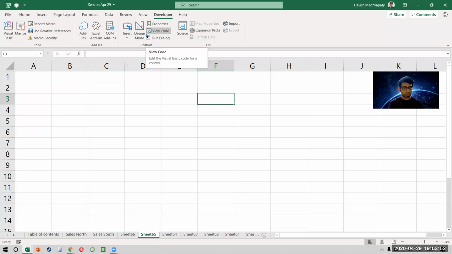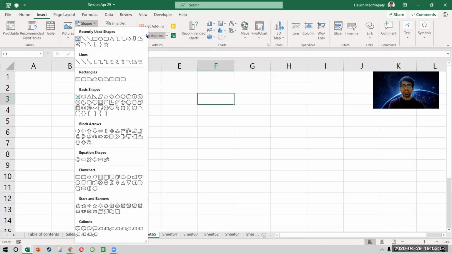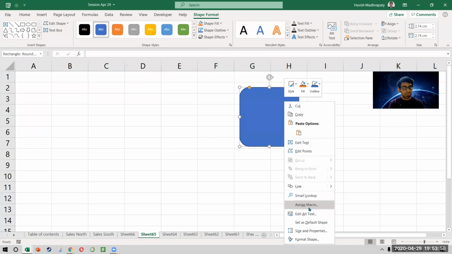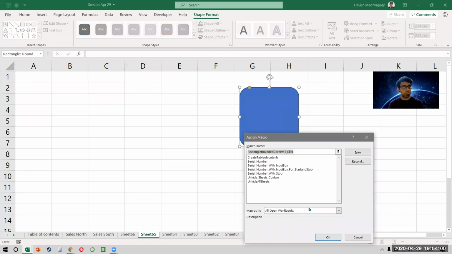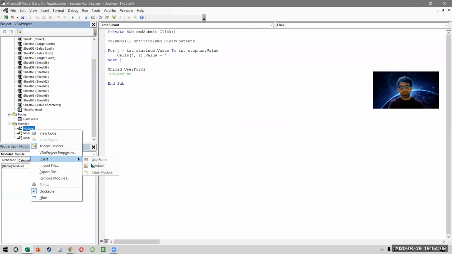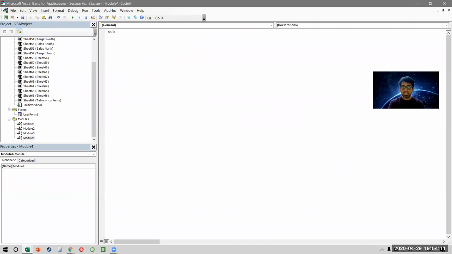The problem is, how do you make the form open on the workbook? Like, there is no button that opens this up. So what we'll do is, first I'll create a shape. But then what do I assign the macro? There is no macro which is opening the form. So the first thing is I have to create a macro that will open the form. So I'll create one more module in which I simply say sub show form.